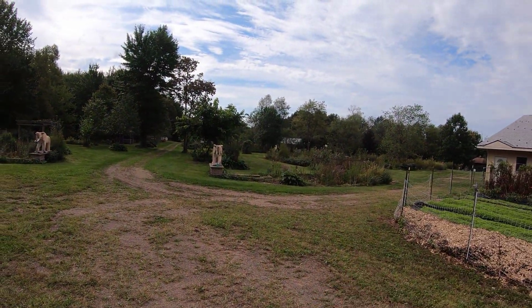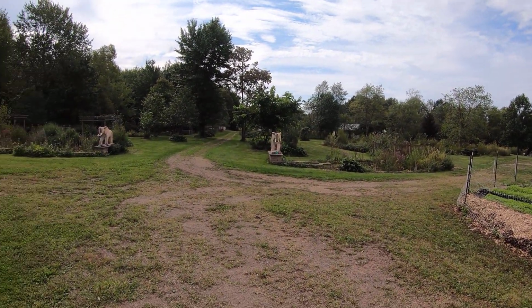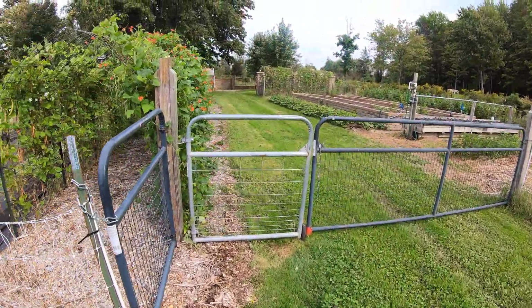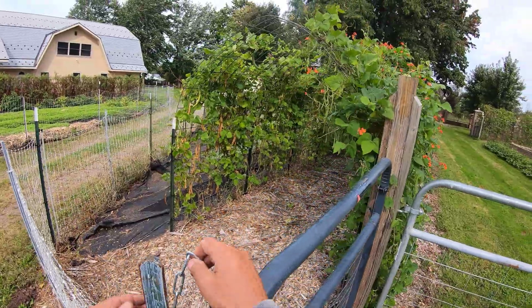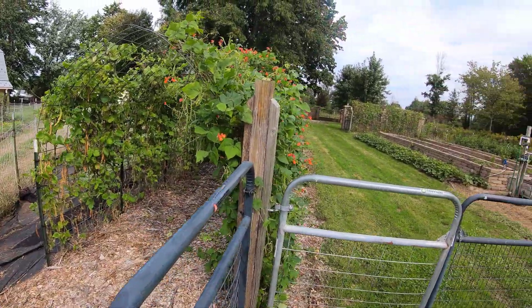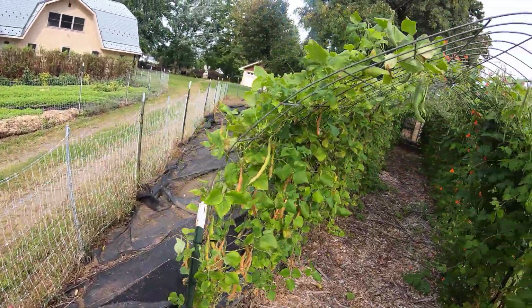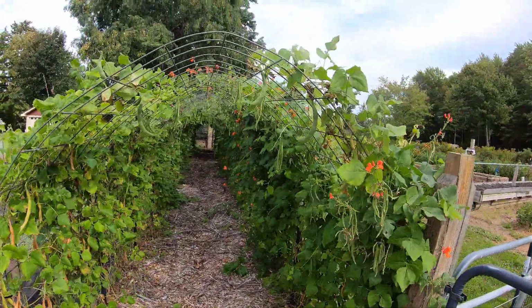I've got a lot of pruning to do with some of the trees in the food forest because of the branches breaking, because there were so many apples and peaches, and not as many plums, but apples, peaches, nectarines. Cherries did well, but not super fantastic. So here we are with our